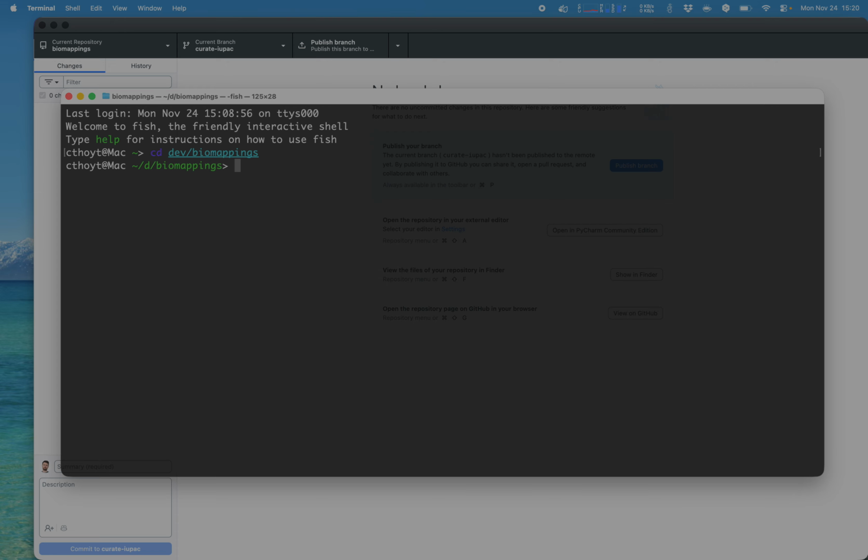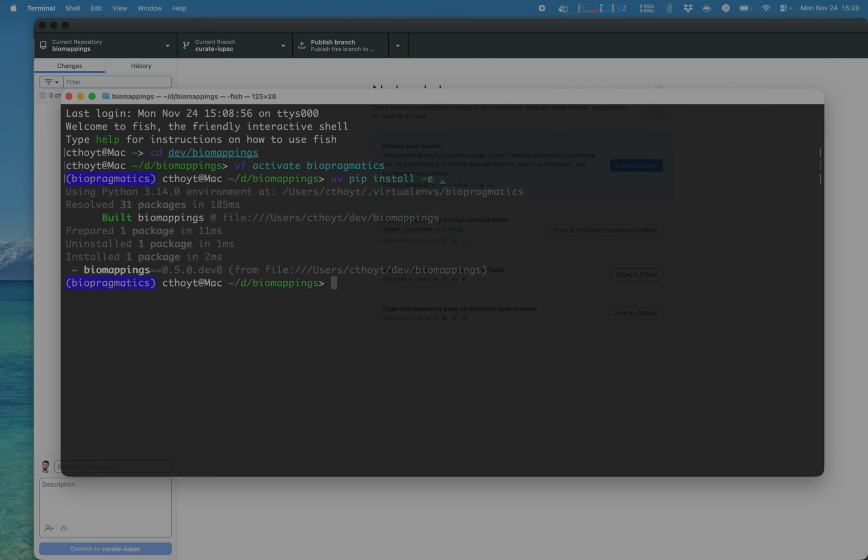The first step I'm going to do now is, it's not the first step. I'm going to activate my virtual environment where I have Biomappings installed. So you typically need to do something like pip install -e dot or uv pip install -e dot. That installs the package in editable mode, which means that the data that's inside this package is linked into the site packages. So the SSSOM files are actually living inside the source code for the Biomappings Python package. Anyway, all that being said, you need to make sure you install it this way,